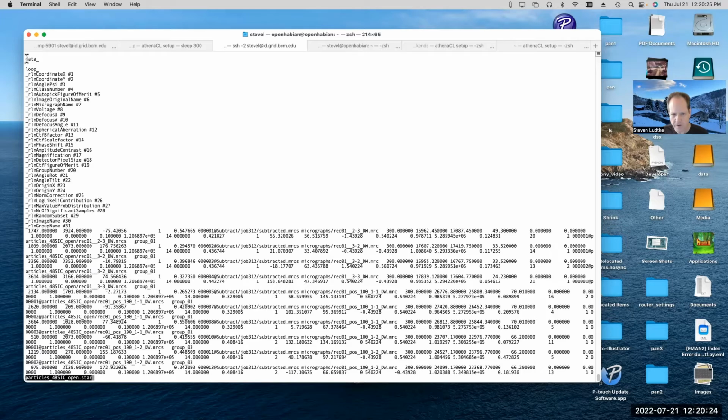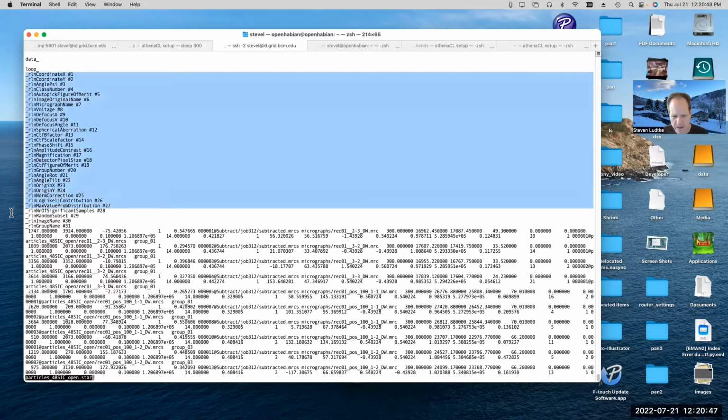At the beginning of one of these files, there's a data block, then you'll have these loop blocks, and each loop block defines basically one table in a spreadsheet. You could have multiple loop blocks in one file, and each loop block would be a different table in your spreadsheet file. The first thing that you have after the loop block is a definition of what all the column names are. And then the rows are just different elements in this database that they're building up. Each column would contain a different type of data, and each row would be a different particle.